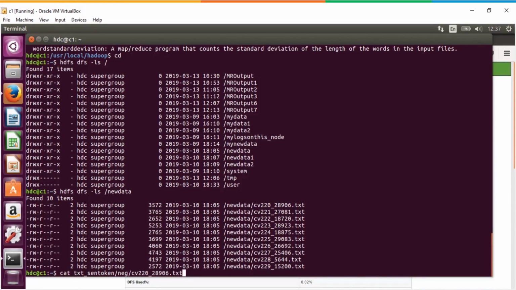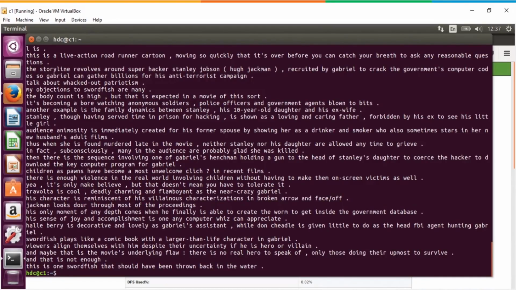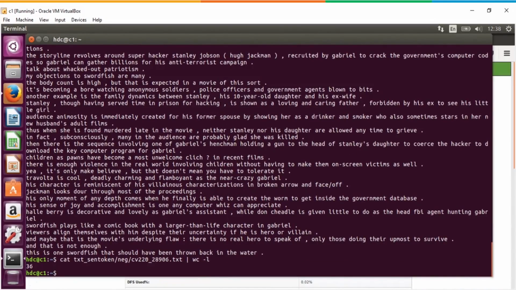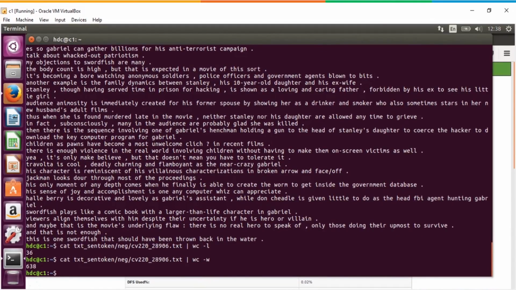And this is the file, so I can see what is the content. So there are some lines here. We could always do a simple word count using Linux utilities also, like this, which says show me the number of lines in this file or show me the number of words in this file. But then it would not be possible if this was a terabytes file which is stored across multiple machines to do something like this. So that's why we would use MapReduce, and I will demonstrate an example of word count